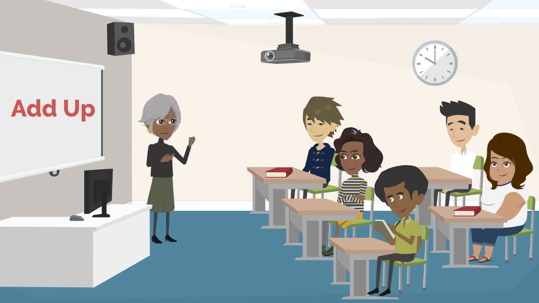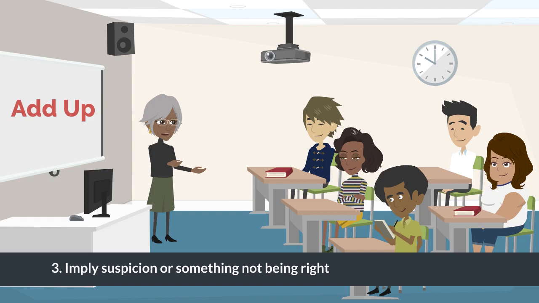Perfect. You've got it. Next, let's explore the third use. "Add up" can also imply that someone's actions or behavior suggest something suspicious or dishonest. It indicates that the person's actions seem questionable or don't match their words. For example, "His behavior just doesn't add up," or "Her story doesn't add up." Now, let's see an example of a daily life conversation that demonstrates the use of "add up" in the context